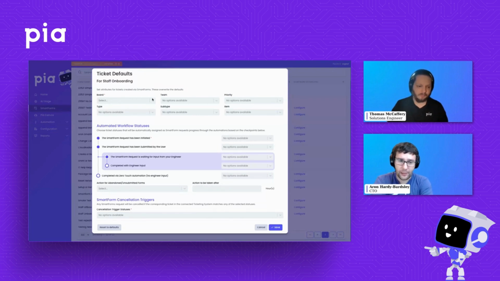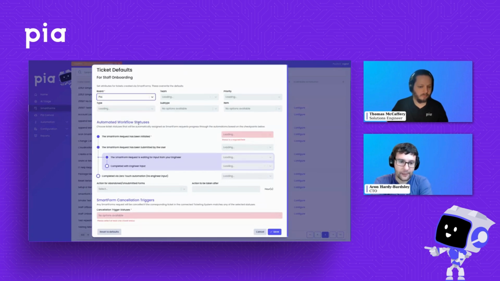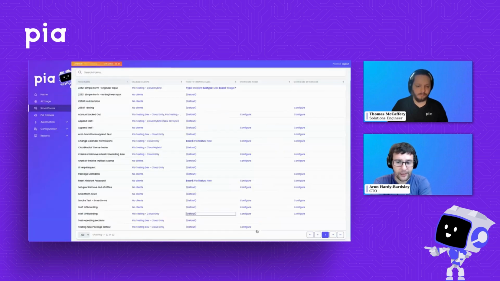So as Tom mentioned, extremely granular, the ability to modify these settings on a per form basis. And if you don't need to go to this level, of course, it will use the defaults that we set up in the first tab. So yeah, very, very granular. We want MSPs to be able to configure this to exactly how your workflow and how you operate. And we know MSPs are all unique in that way, and your clients are unique. You have unique requirements, so we want to try and facilitate that as much as possible.